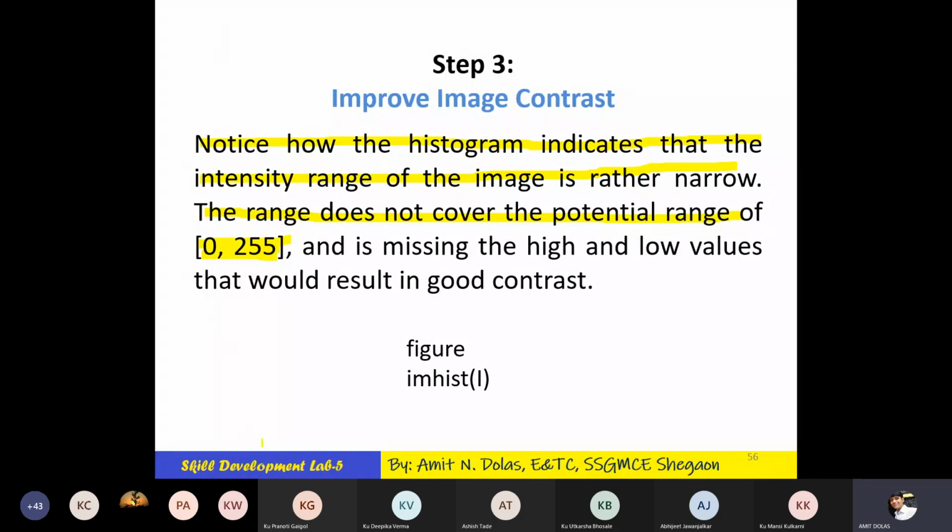But in a particular image, there might be intensity levels from 100 to say 198 only. The other pixels are maybe missing or not present, and missing the high or low values is what would result in good contrast.